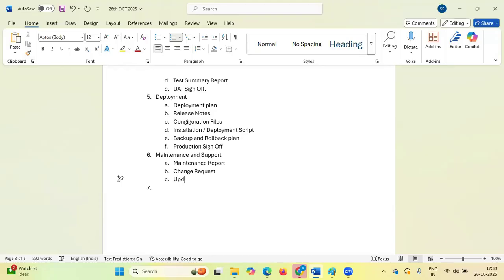We are updating the user manual, or we provide an updated document. Next is what? We are going to do the monitoring. In the monitoring, the performance report is the deliverable. And next is what? Patch release or patch update.